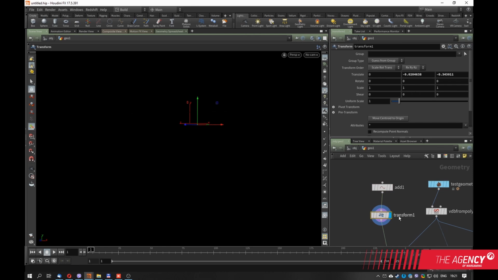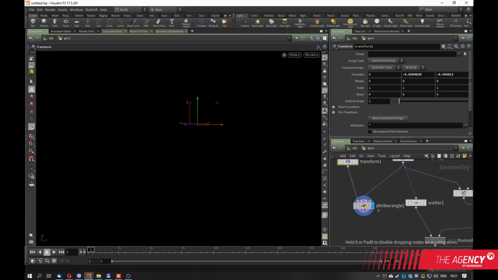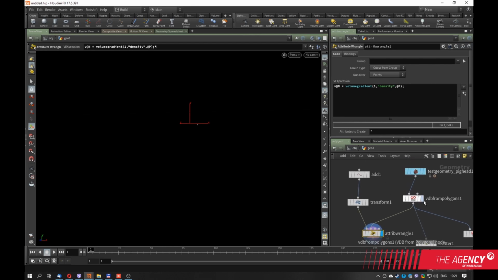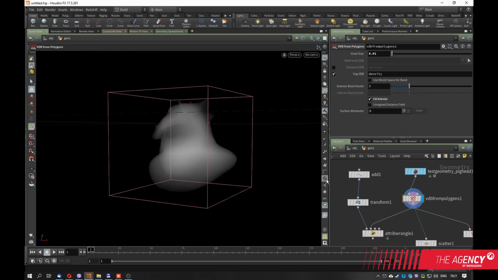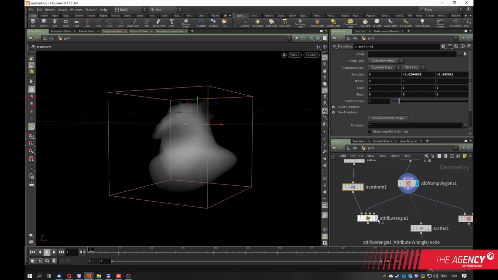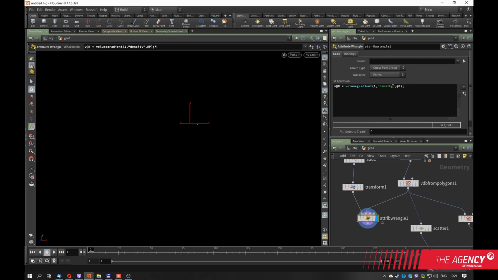I will transform it, and I will sample this volume at the position of this point, and I will take the gradient of the volume at this position and write it to the normal of the point, and I will turn on points in viewport,